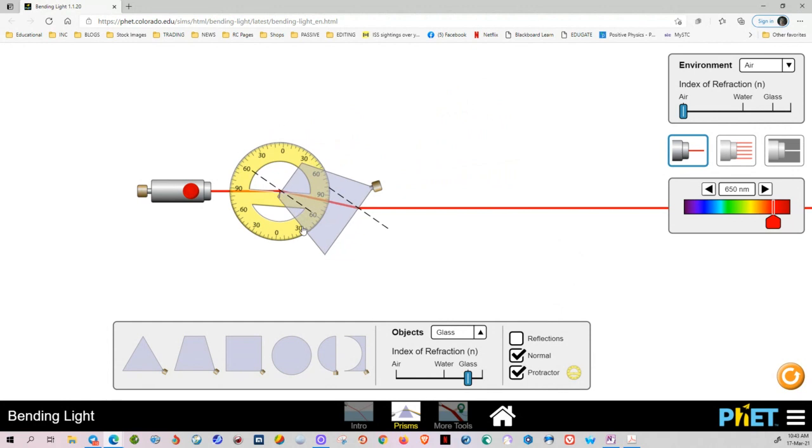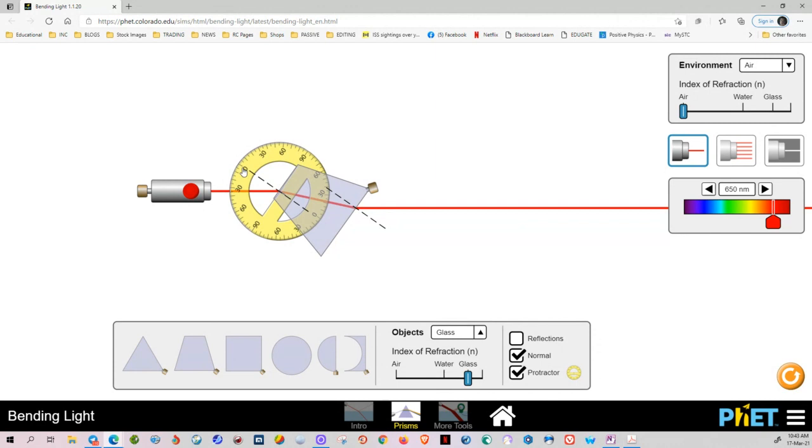Rotate the degree scale so that the 0 will be with the normal. Okay, like this. So the 0 with the normal. What else? You have to make sure that the 90 is with the surface of the glass, of the prism. Okay? And then, once you have